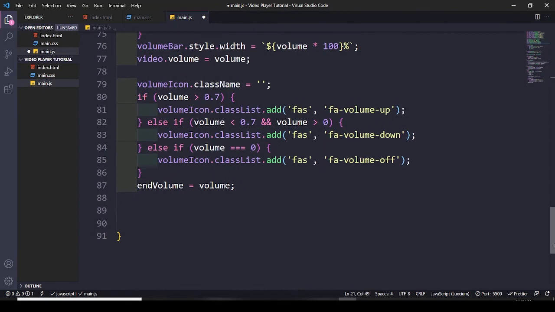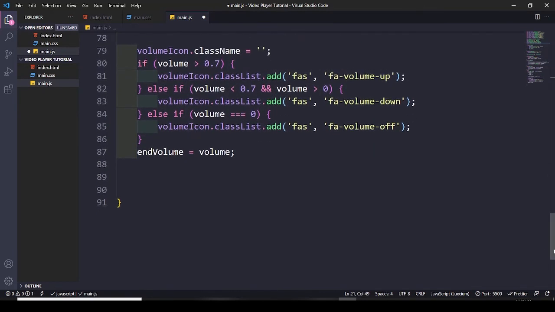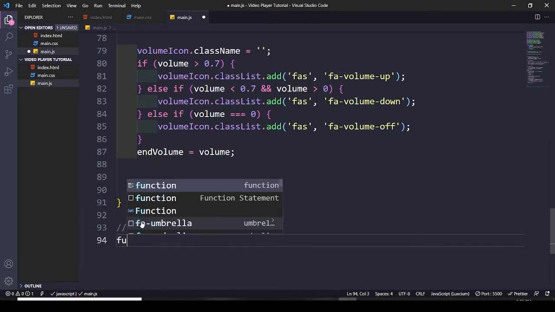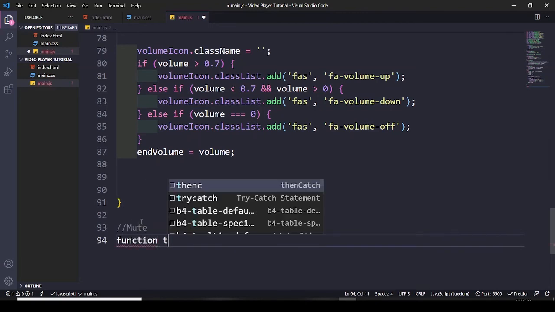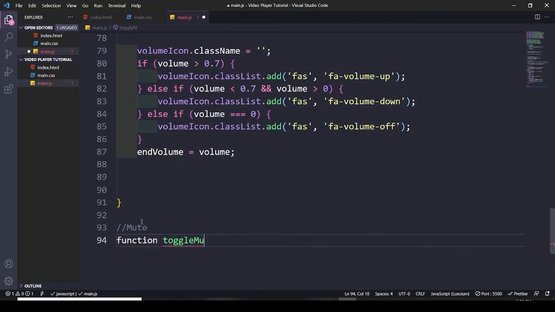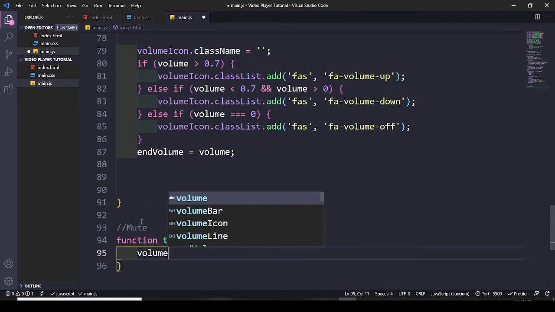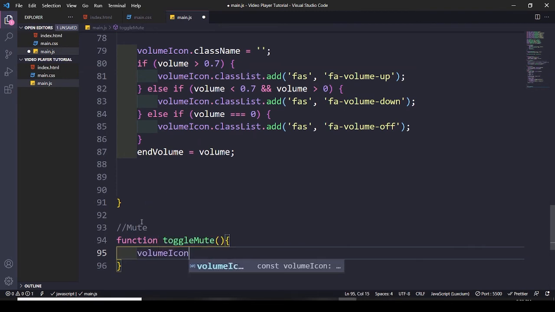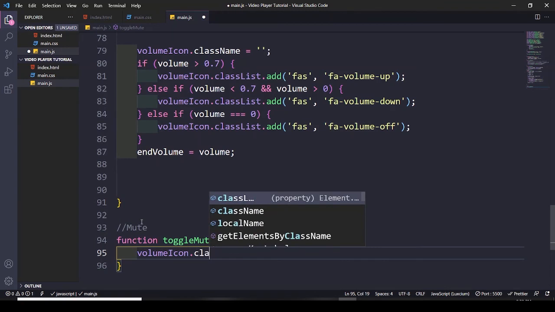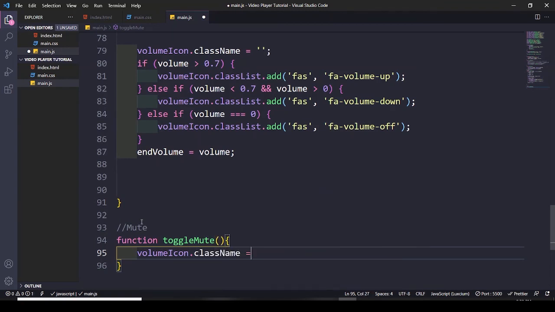Let's go down and start creating this mute function. So let's say mute. Okay, let's have a function toggle mute, and within this function let's have a volume icon and a class name that will be equal to